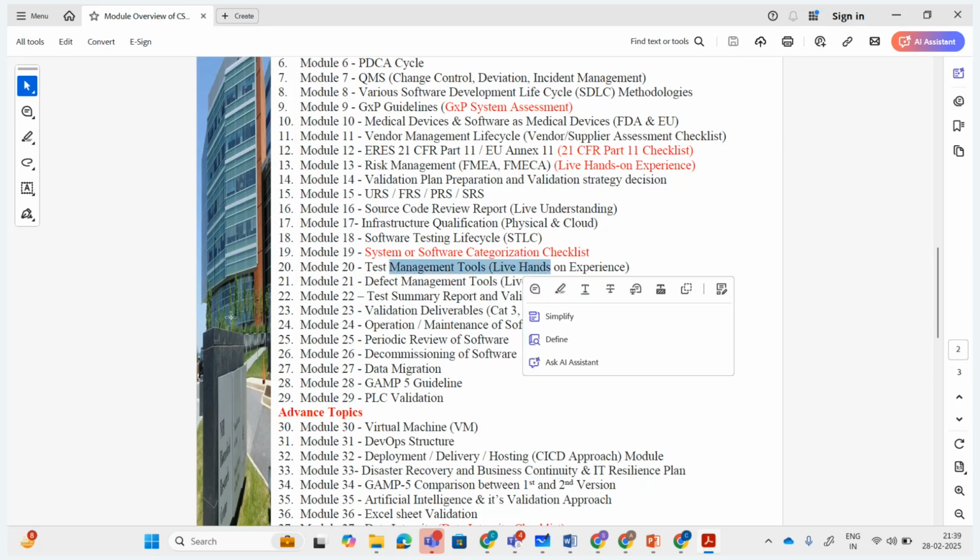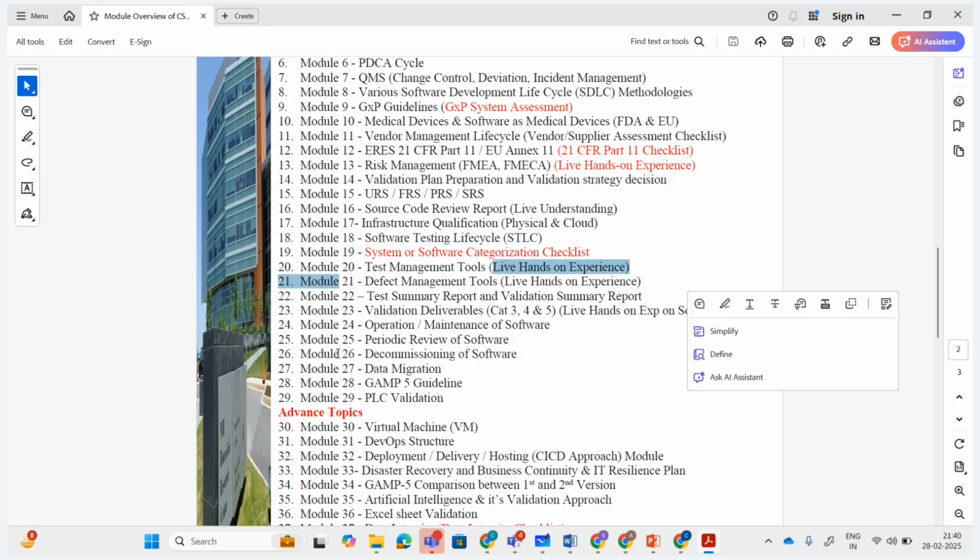Test management, and here you can have tools-based hands-on experience. We are going to cover at least 2 to 3 tools for testing purposes. Currently in your industry, maybe you are utilizing paper-based testing, but I'm going to explain the advancement where you can do the execution of the testing by using the tools only, and that will be a hands-on experience on the tools.